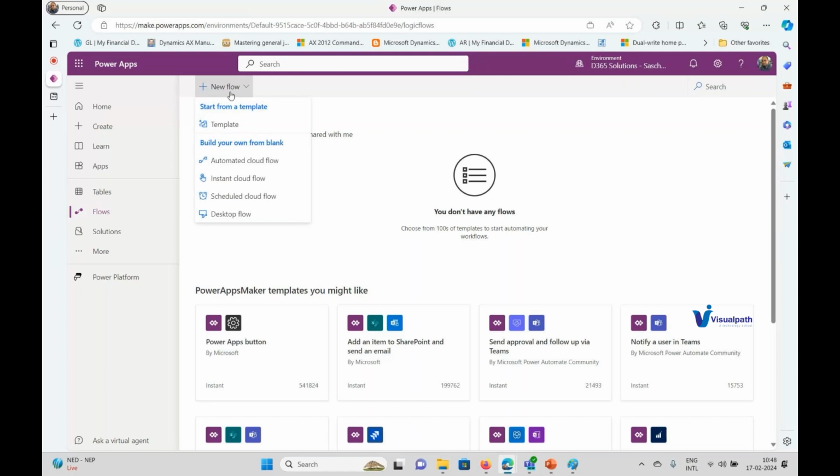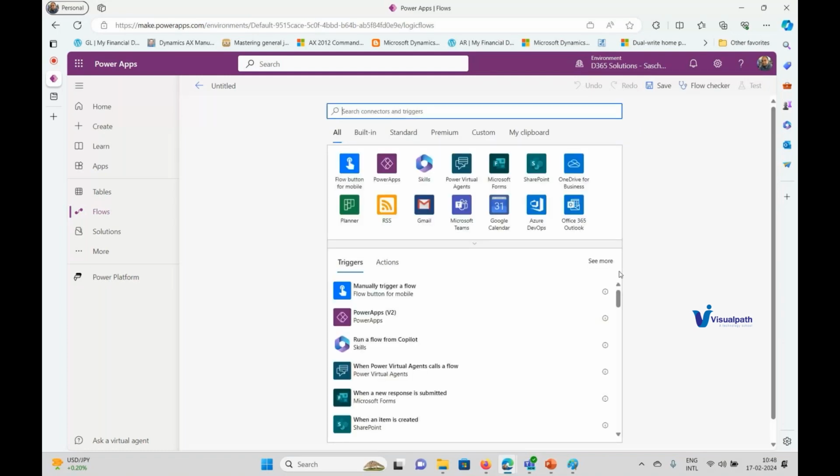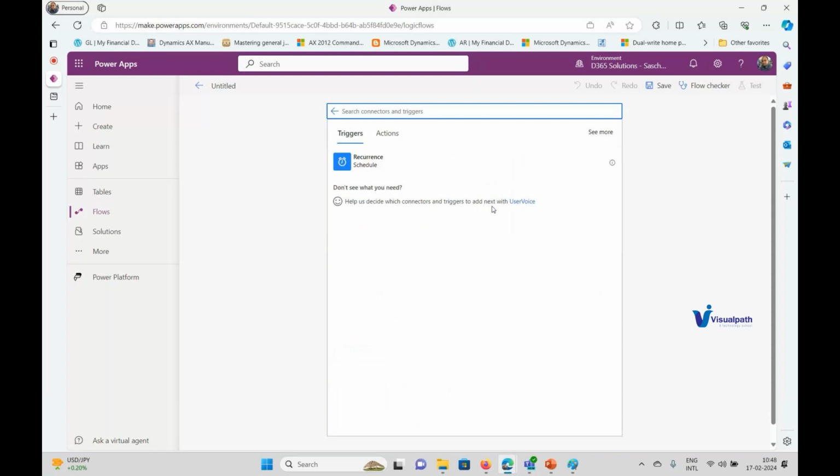So this is the way you can also create a flow. I talked about sending an email, right? Or maybe we can just create one small example, right? So I just say recurrence, right? I just create a recurrence.